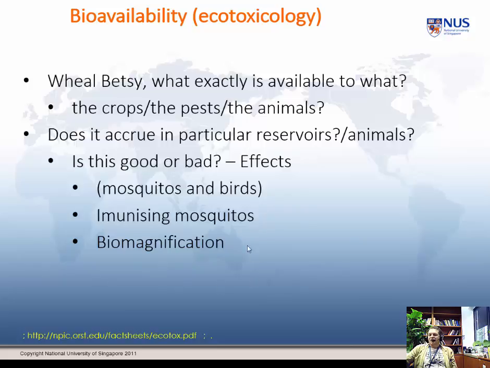And there's a phenomenon called biomagnification, where a small fish may have a certain amount of a pollutant in them, but a larger fish, a predator, which eats small fish, will have a much larger amount and concentration and proportion of that pollutant in them. I could give you lots of examples.